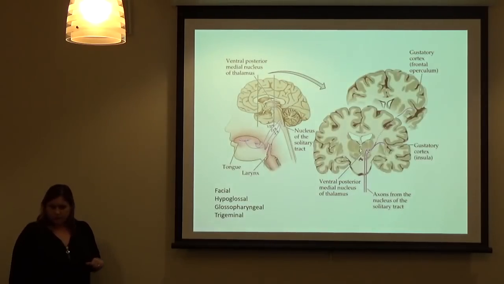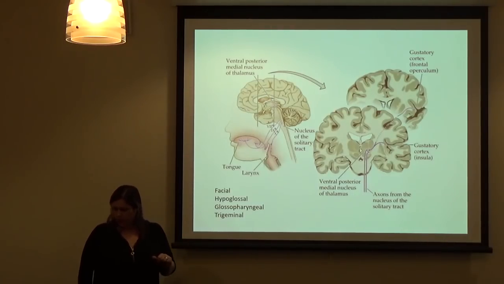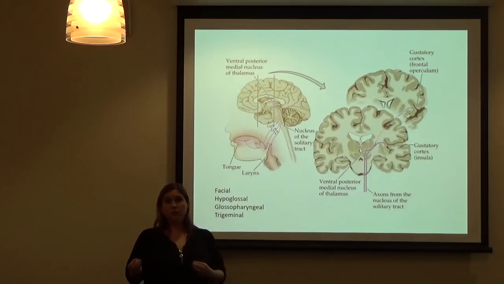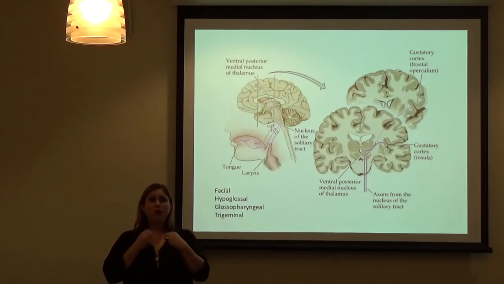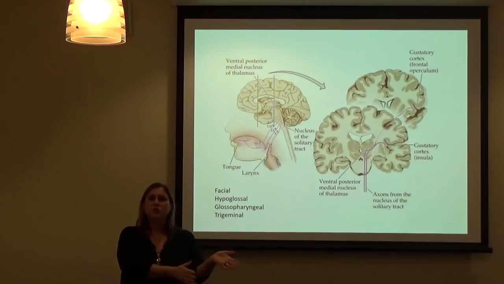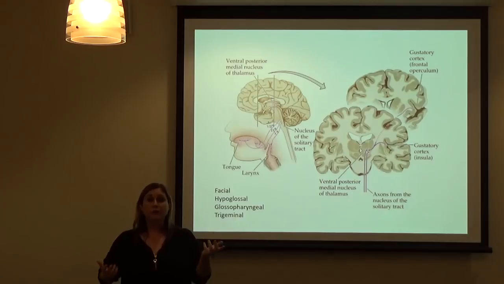Different animals have different taste systems. And part of it has to do with the receptors themselves. So for example, a cat does not have any sweet receptors. They don't code for sweet receptors. Cats didn't evolve to eat anything sweet. They didn't evolve to eat fruit or anything like that. So there was no reason to have a receptor for sweet foods. Humans, we evolved to eat fruit and things like that, so we have receptors for sweet foods.